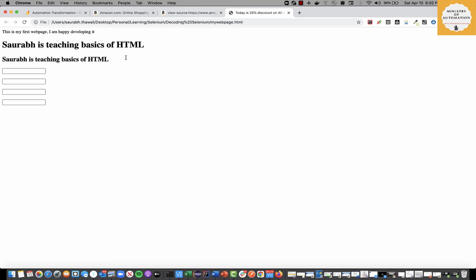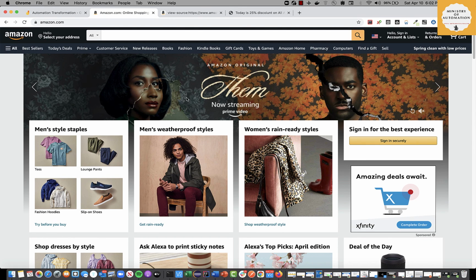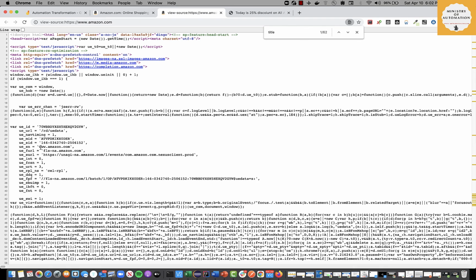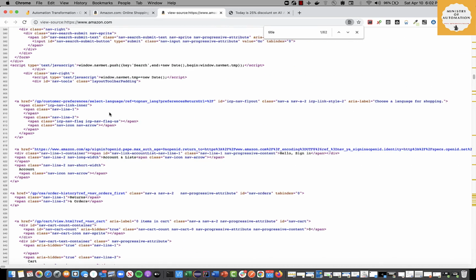But the idea here is that whatever we are writing in HTML, that markup language is translated by the browser, and it is able to show you meaningful information in the front end, right? And if you want to see why any web page displays information like this, you just right click and do a view page source. You'll be able to see some HTML. Don't be scared when you see such complicated HTML. The HTML will have a lot of nested things inside it. We're going to learn that in our upcoming chapters.